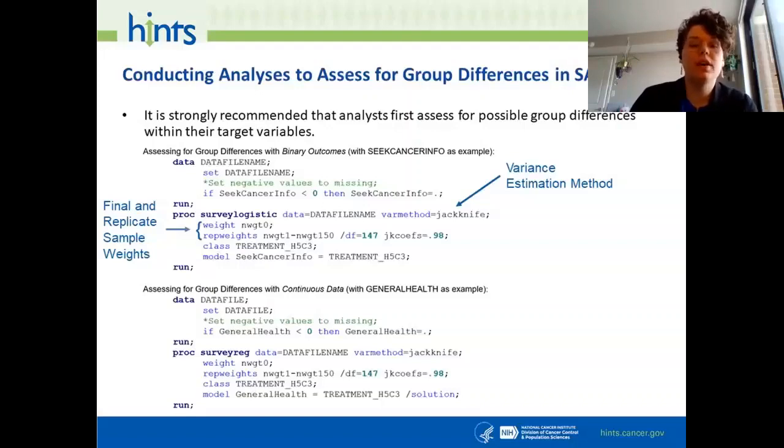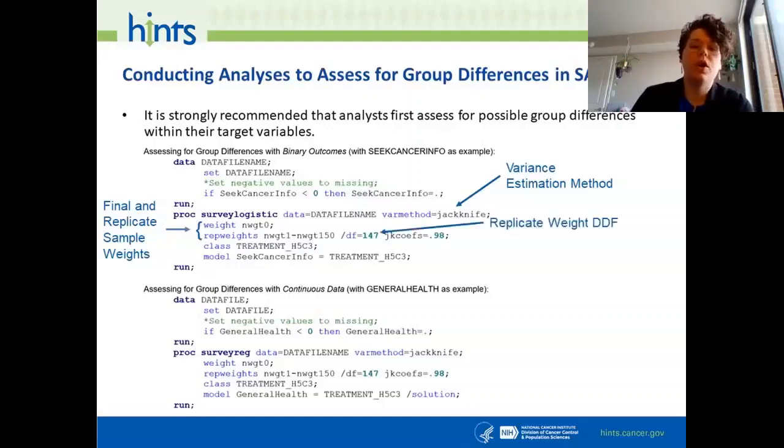Next, we need to calculate our denominator degrees of freedom and put that into our code. To calculate your denominator degrees of freedom for your replicate weights, you would take 49 times the number of groups. Since it's 3 groups, we would do 49 times 3, which is 147 for our denominator degrees of freedom.